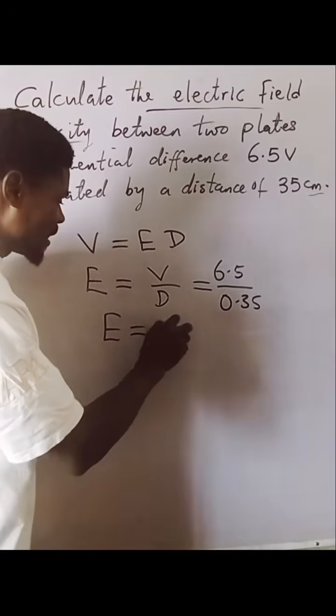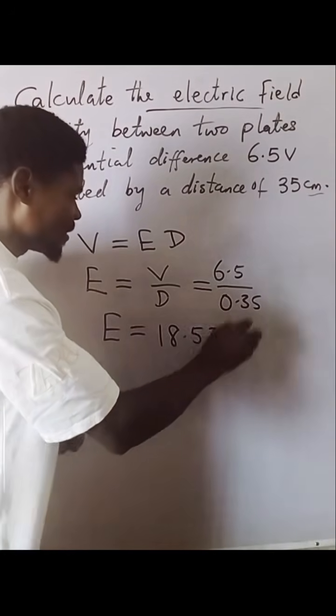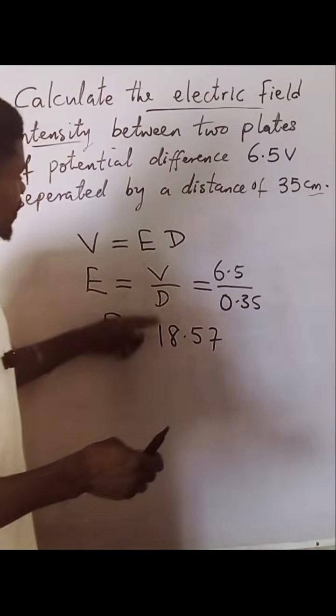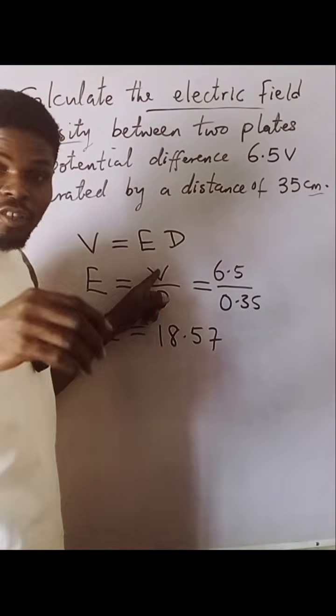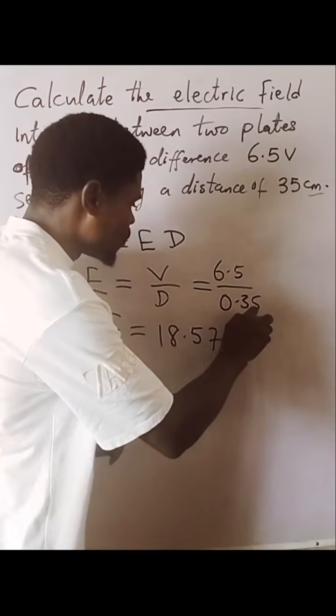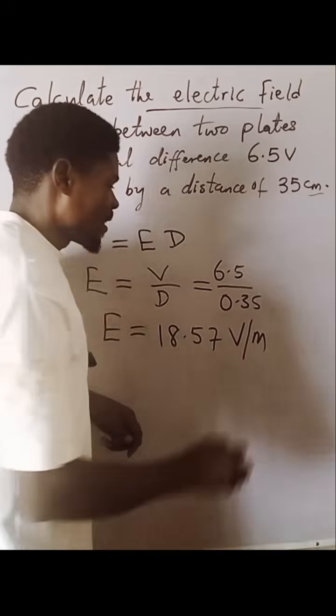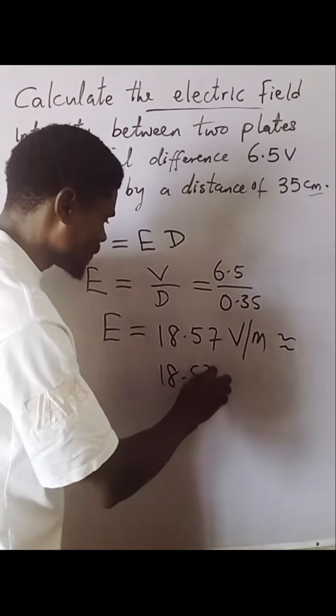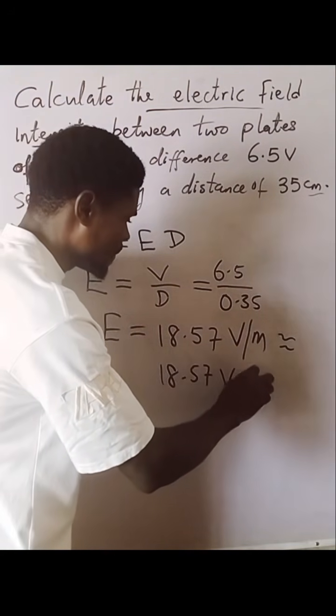18.57. And what is the SI unit of this electric field intensity? From this, we have V, that is volts, D, meters. That means you have volts per meter. You can still write it as 18.57 Vm raised to power